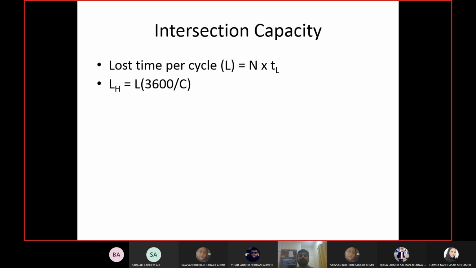But I'm asking you, what did I calculate? What was 60? You are telling me the value. I'm asking you, what is it? 60 is what? Number of cycles per hour. Yes. So 60 is not fixed. I will give you a different value of C, and you will get a number different from 60. Don't bother with 60.